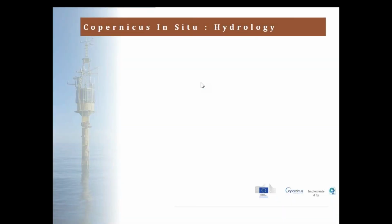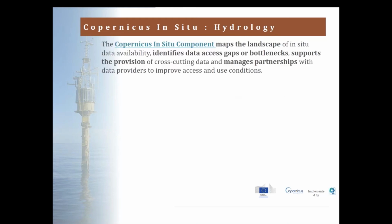Copernicus In Situ is a kind of cross Copernicus project. As was mentioned yesterday, lots of Copernicus is delivered through particular services, for example for atmospheric monitoring, emergency management service or marine service. But Copernicus In Situ sits outside those services and looks to address issues with access to in situ data. It can't actually fund new monitoring and those sorts of things, but it tries to map